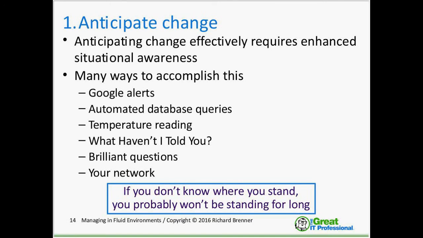Google Alerts and automated database queries, I'll be talking about those 2. Temperature reading I won't be talking about. I didn't think there would be time, but it's well described on my website. So go to my website and search for temperature reading. You'll find information about that. What Haven't I Told You is a game sort of like brainstorming, which we'll be talking